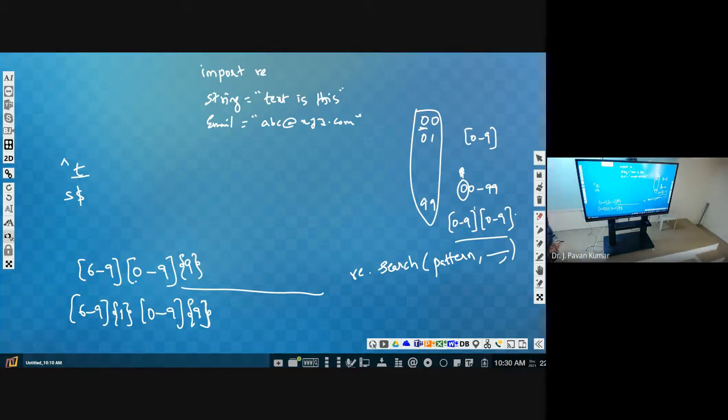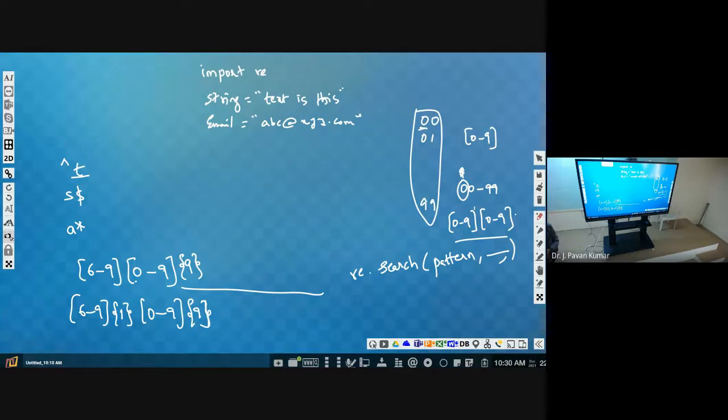Next, suppose we have a character A with a star, A star.